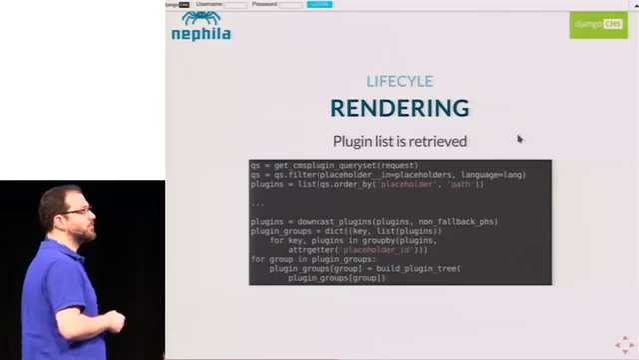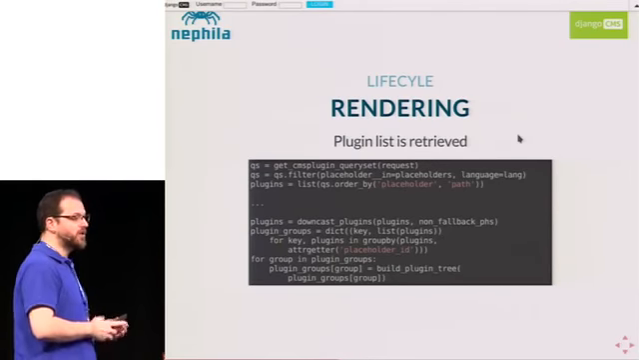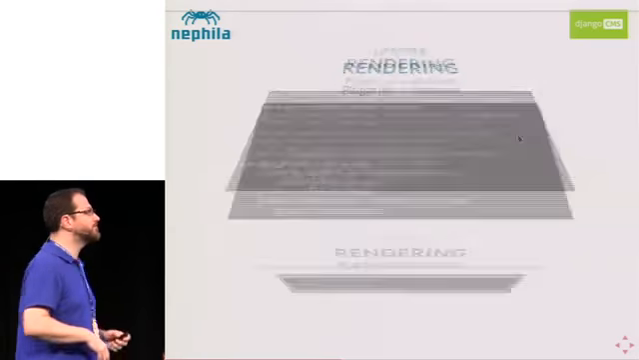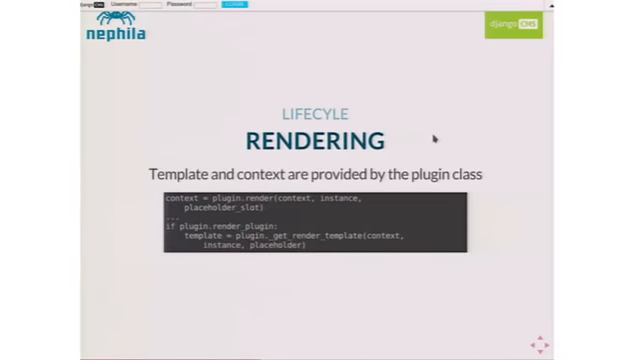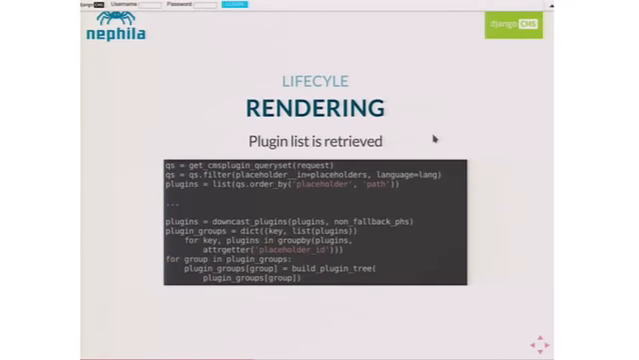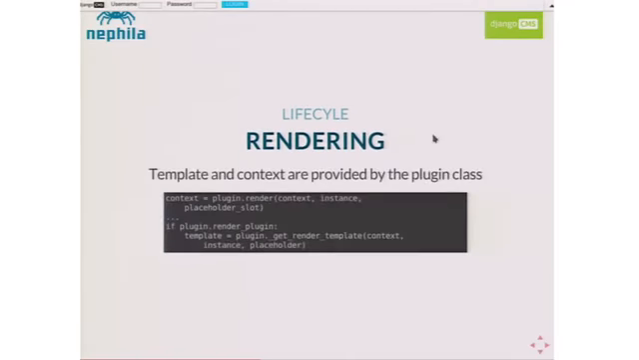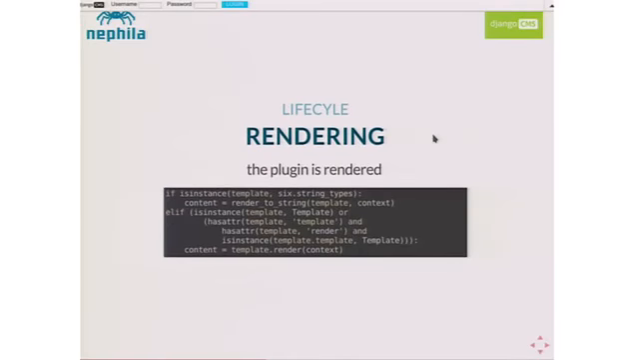As I told before, plugins are organized in a tree. Every placeholder has its plugin tree. And then for each plugin in this list, we retrieve the context, just like a get context data method, and a template, like get template names in the views. And these two pieces of information, the template and the context, are used by simply rendering with this code, which is